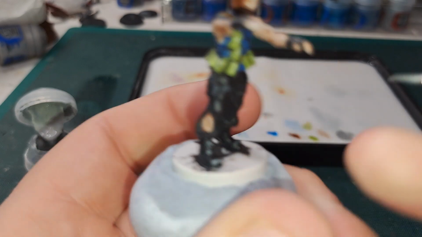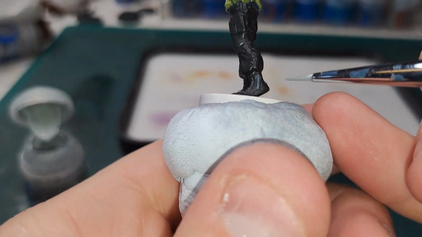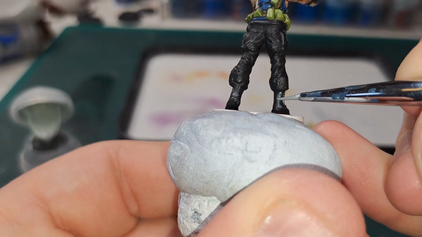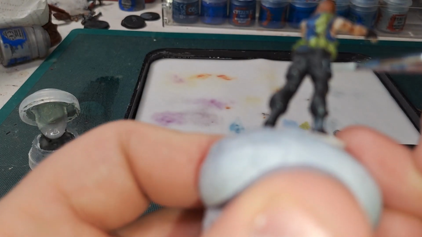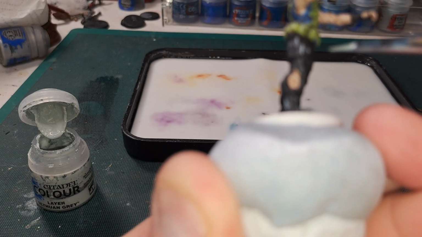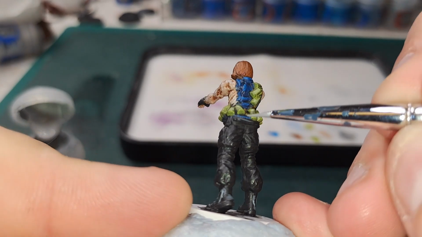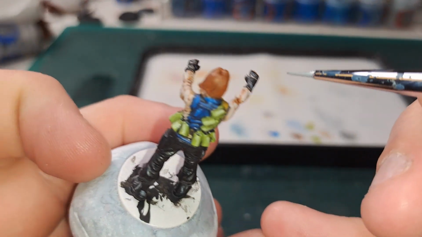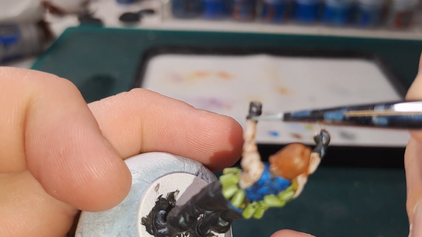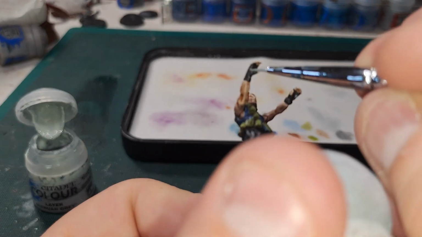So even less here, around the curved bit of the boots, and on the outside, like so. And on the sharpest points of these, the holster, and then the belt around his waist, like that. And then again, a little bit on his gloves, like so. You can do the underside as well if you wish, but it gets less light, so it's just